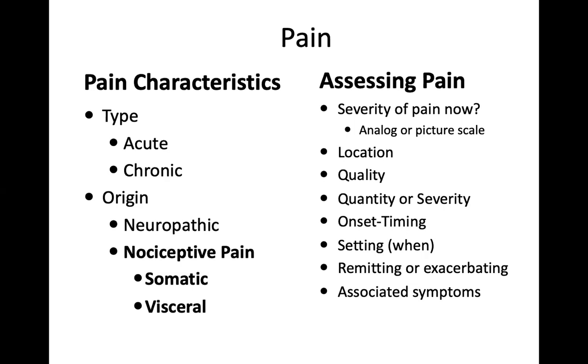On Monday she came back and she looked horrible. She had a lot more pain, and she was using a lot more of her oxycodones than she usually does. Now she's short on her oxys. So now I'm in trouble, because I need to give her more oxycodones to help her manage her acute on chronic pain. I want to talk to you about the neuropathic and the nociceptive pain. She's having somatic pain. She's not having neuropathic pain because it's not nerve pain. It's not tingling, burning.